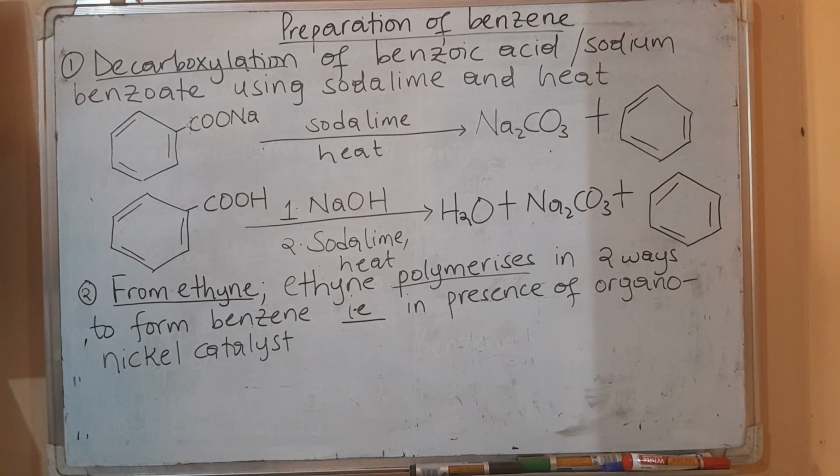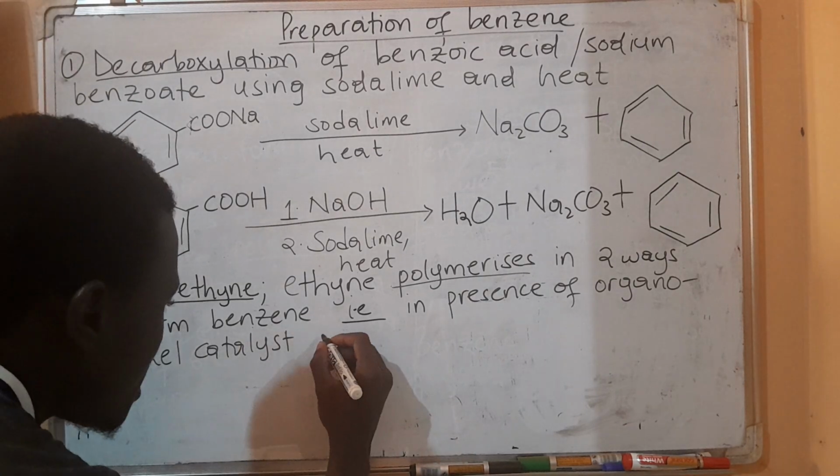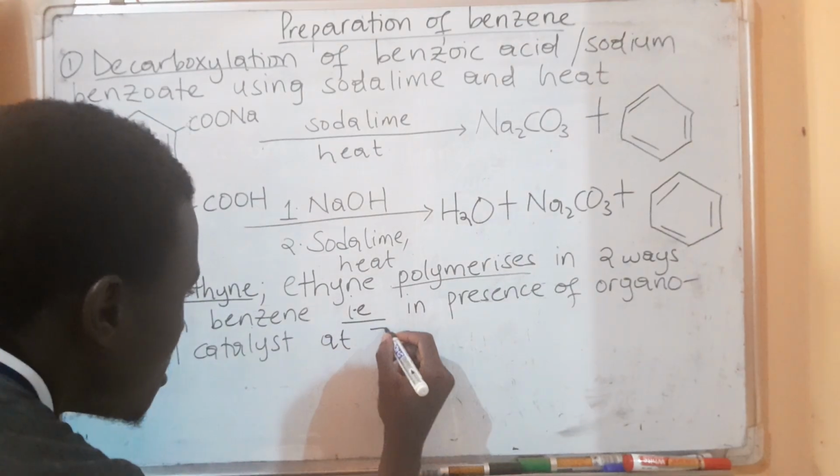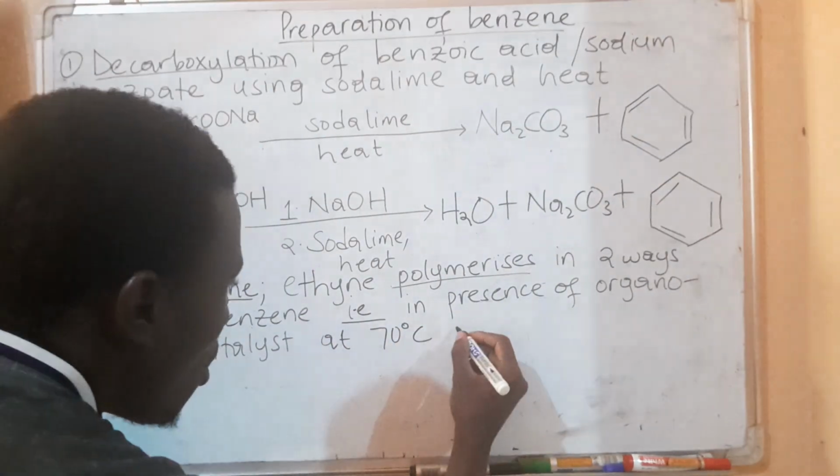Organo-nickel catalyst is an organic derivative of nickel. These are mainly alkyl derivatives of nickel. So in presence of organo-nickel catalyst, at 70 degrees Celsius,